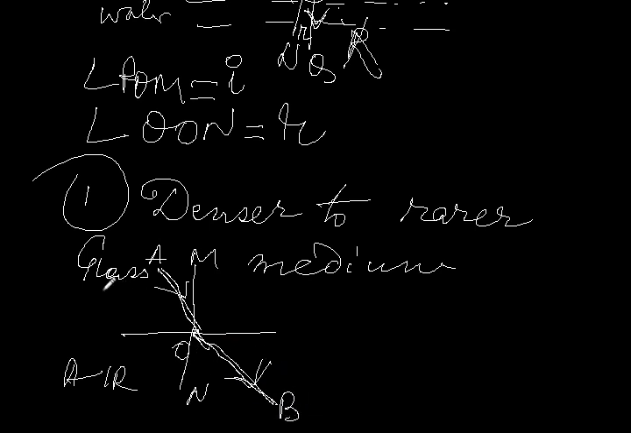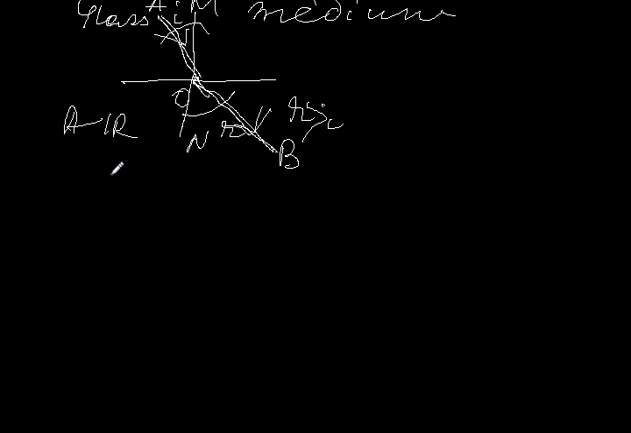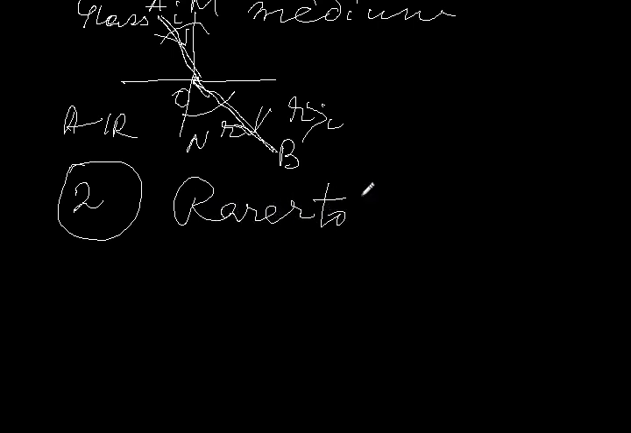So it is clear that when rays of light travel from an optically denser medium like glass to an optically rarer medium like air, then the refracted ray goes away from the normal. That is, the angle of refraction R will be greater than the angle of incidence I. R is greater than I in this case. And when rays of light travel from an optically rarer to a denser medium,